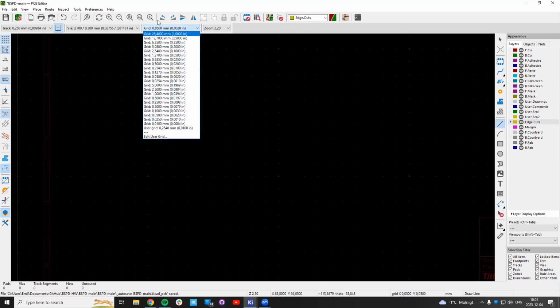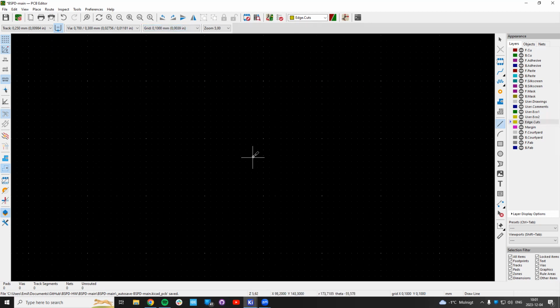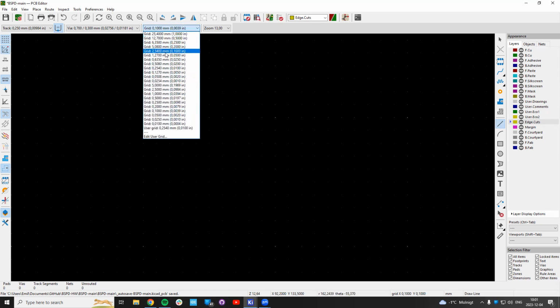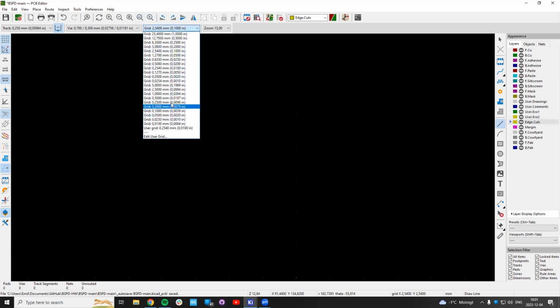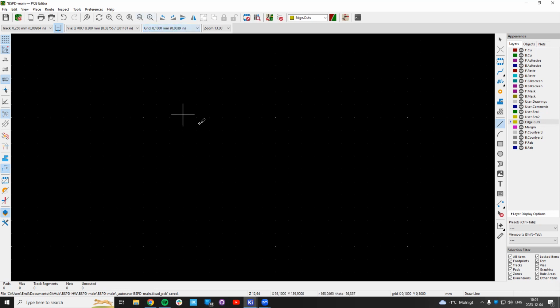Here, this grid is how much you can move, what kind of increments your mouse is moving. So it's moving in 0.1 millimeters. If you select something very large here, like 2.5, you see how it's skipping a lot. I recommend keeping this. You can go 0.1 if you want to make something, but don't begin changing this when you have chosen a net. So here we try to keep the 0, and you see how we're jumping 0.1